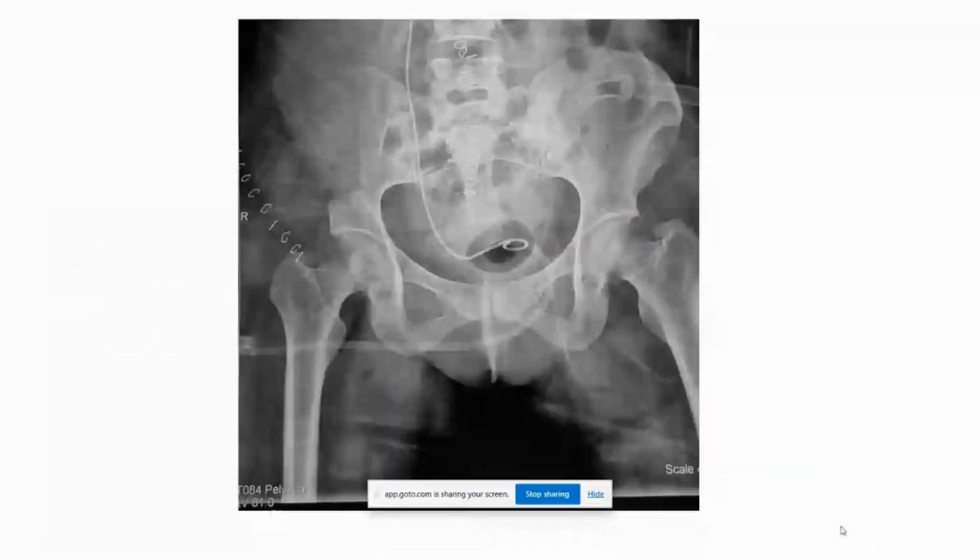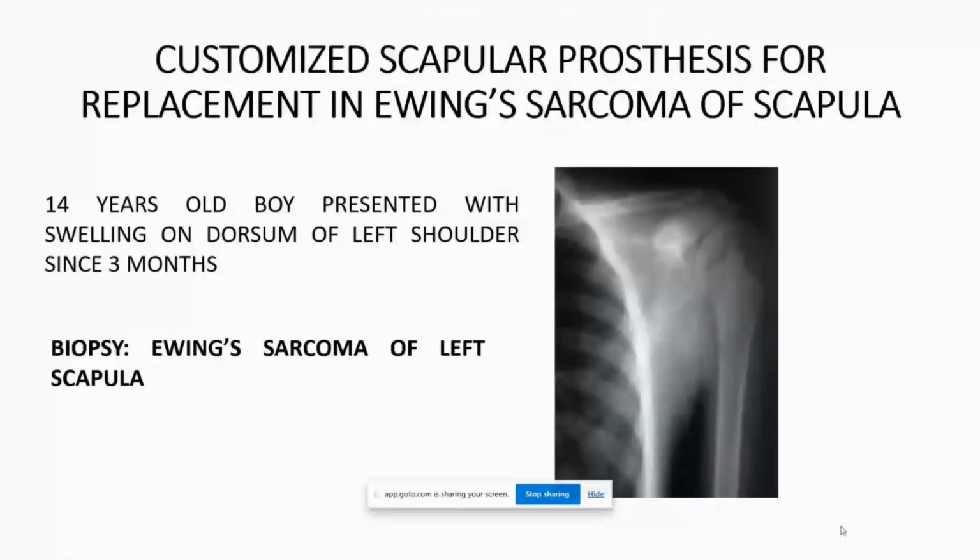So the patient is doing well after that. The boy presented with swelling on the dorsum of the left shoulder since 3 months, and on biopsy we have